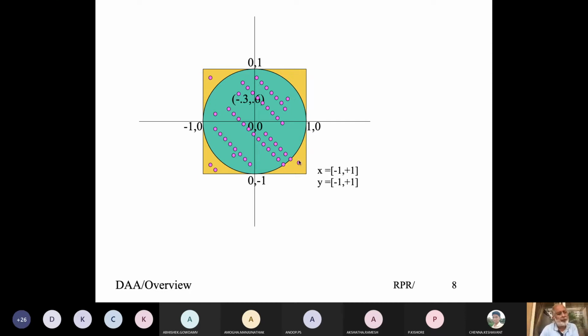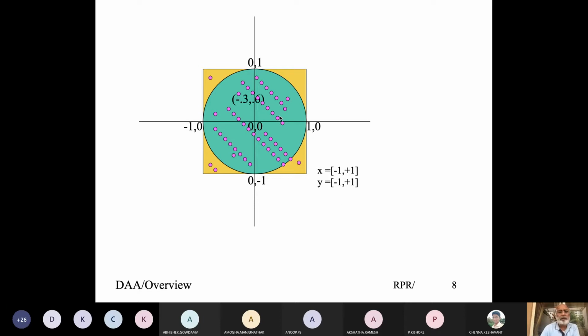So I would get a point somewhere in the square. Can we get a point outside the square when taking a random point in the range of -1 to +1? Will it be possible that the point would lie outside the square? No.